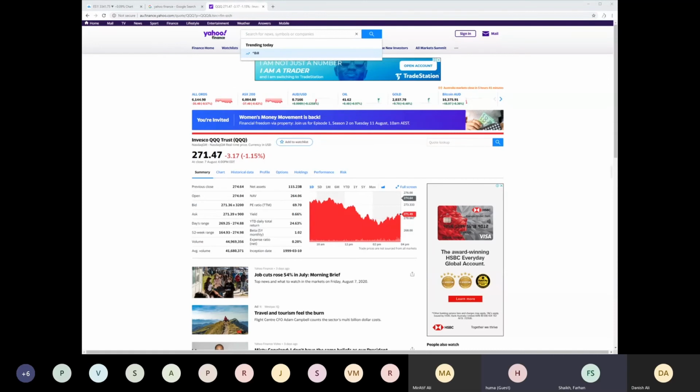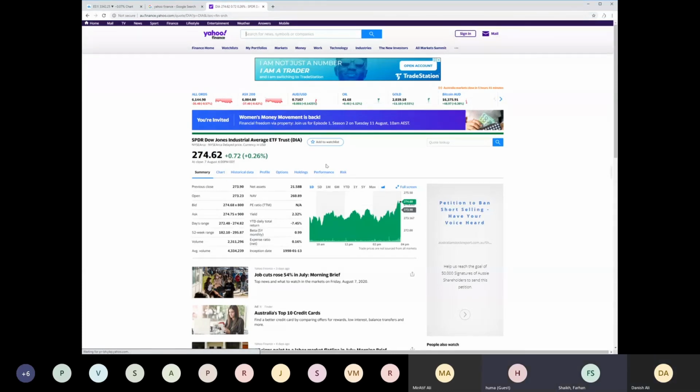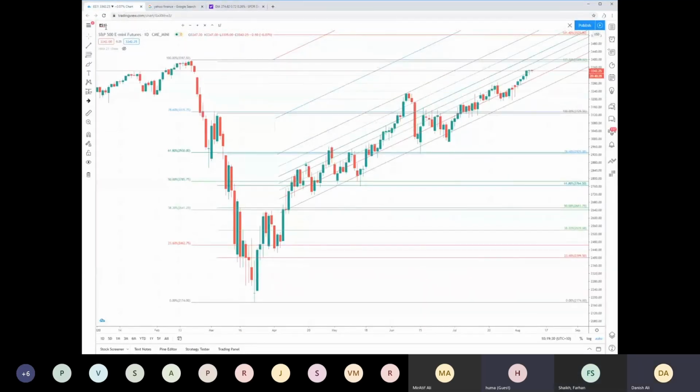I vouch. Buy one share of SPY, one QQQ, one IWM, and I don't even know what the ticker symbol for Dow Jones is. DIA, D as in Delta. DIA, Diamond. Yeah, they call it diamonds. You can choose one, you can choose two. You can just watch what happens, but that will help you understand the market far better.